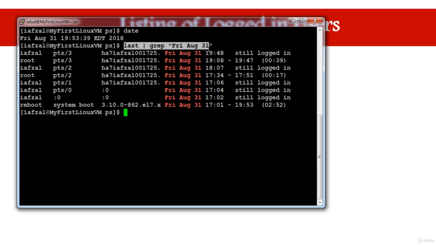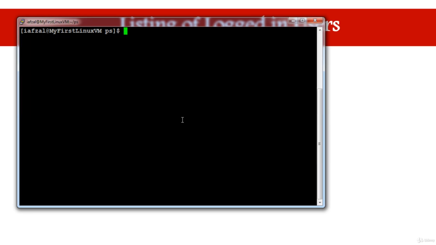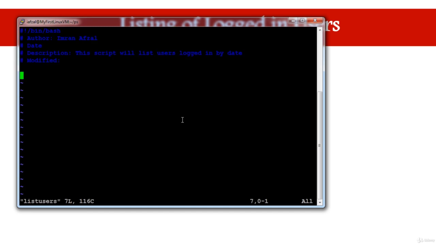But again, the script doesn't know what date is today, so the script has to run the command date to find today's date, parse it, and then put that into the script. So to do that, we'll get back to our script, which is list users, and here first we'll define a variable for today's date. So today equals, and we'll put the tick. The tick always comes before the command. So date